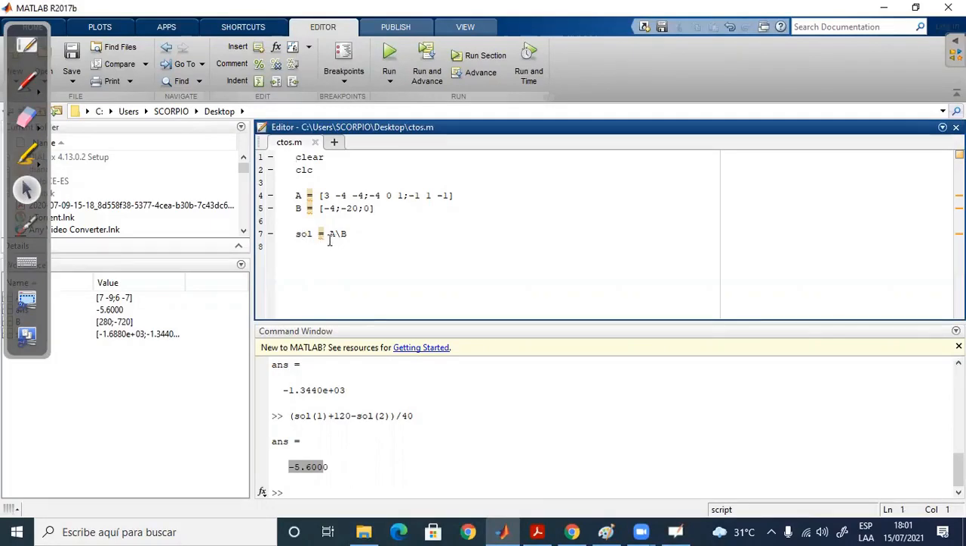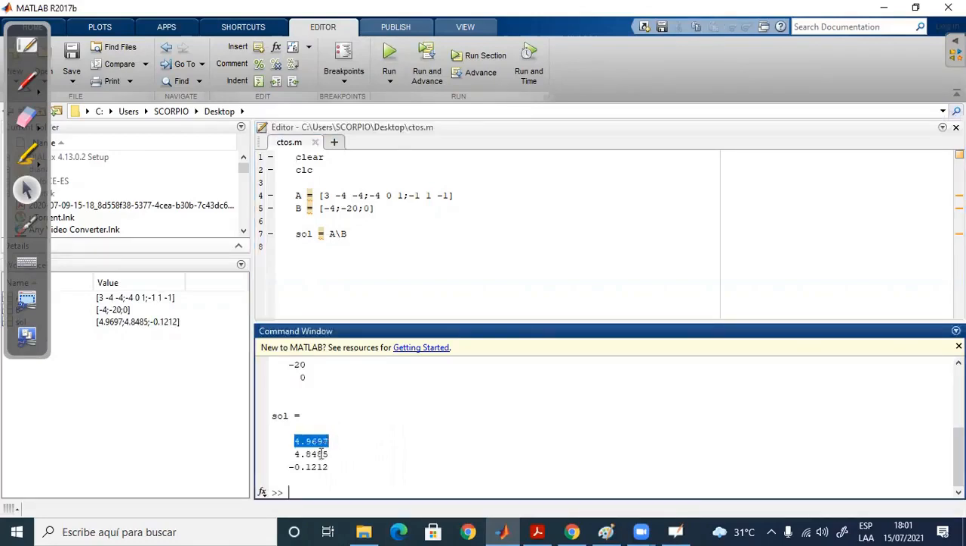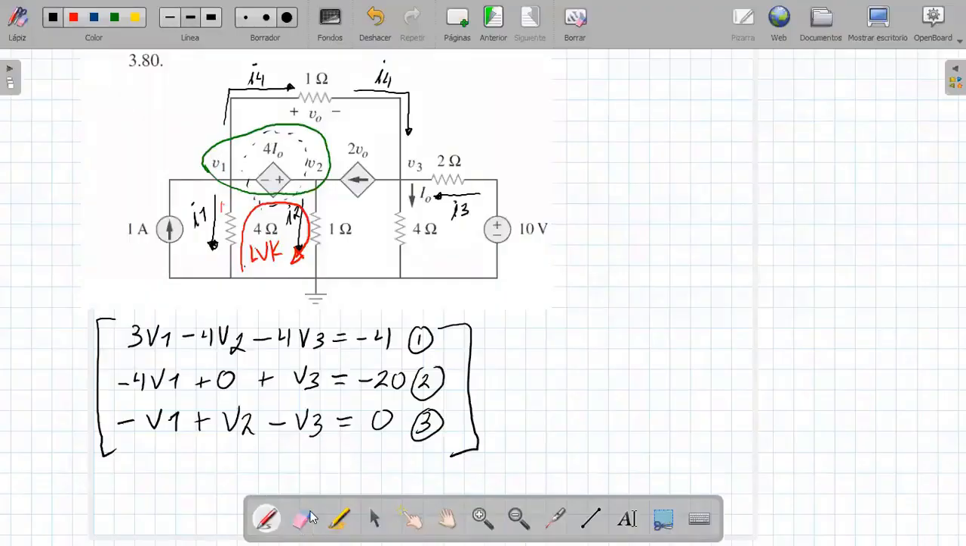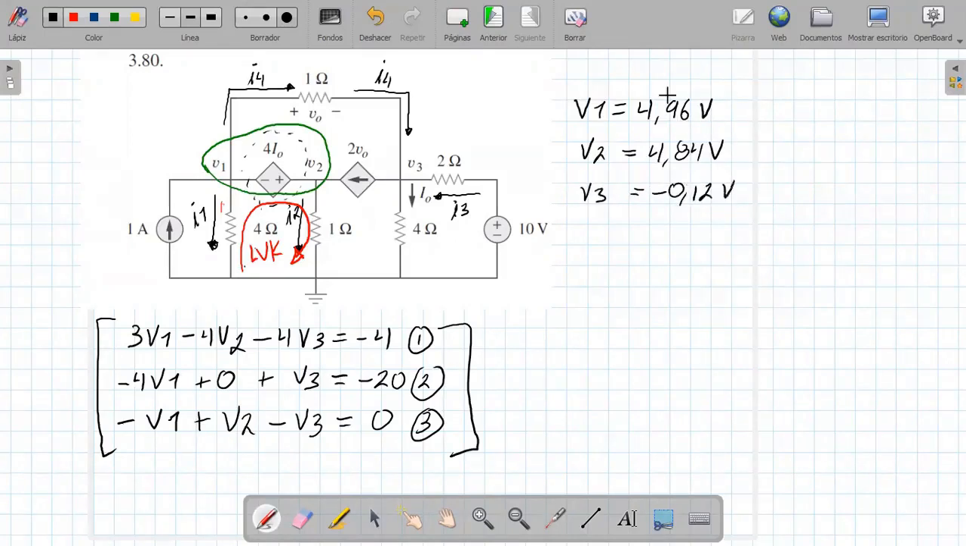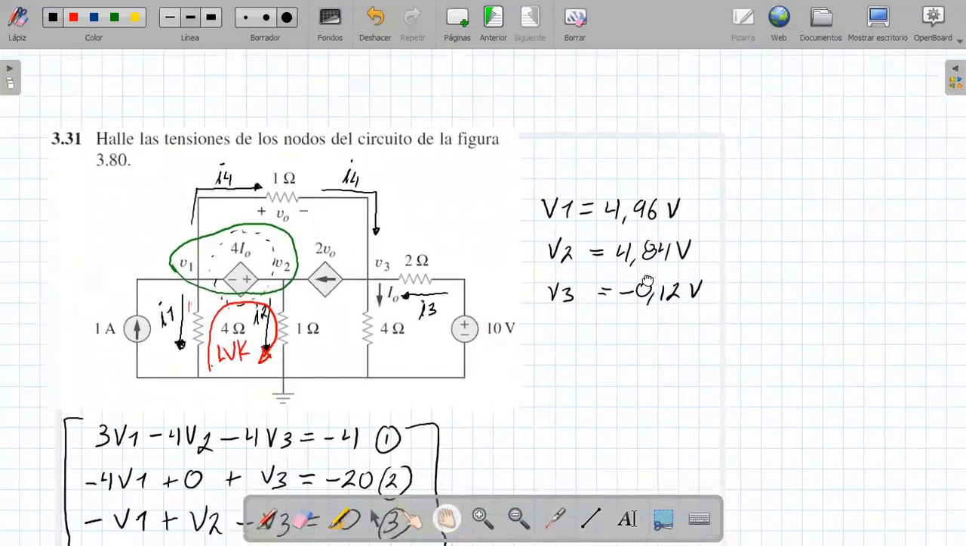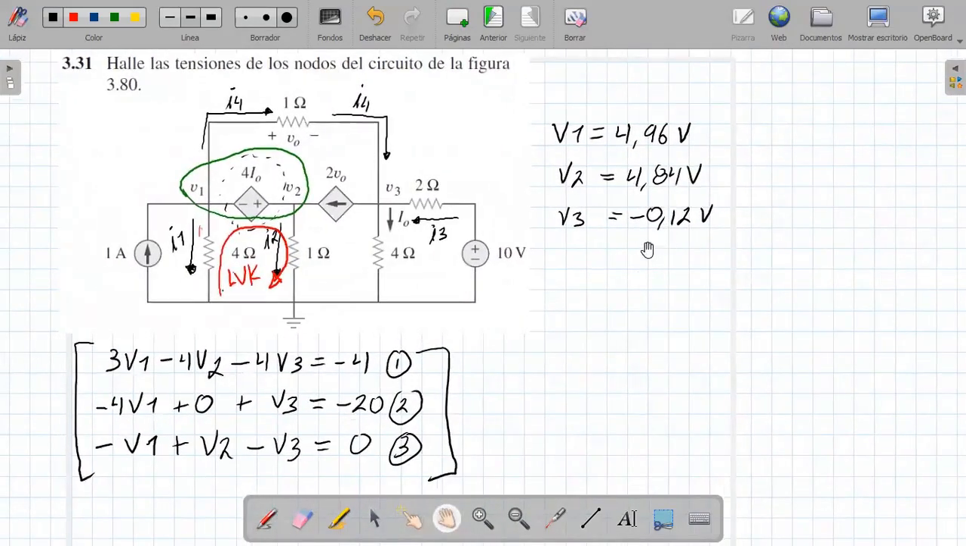We solve, the solution variable equal to A against the vector. And here are the values: 4.96, 4.84 and minus 0.12. I'm going to put here V1 is equal to 4.96, V2 is 4.84 and V3 is equal to minus 0.12. Ready? We verify that the exercise asks us for the voltages. Then we corroborate. Ready? This is where the exercise